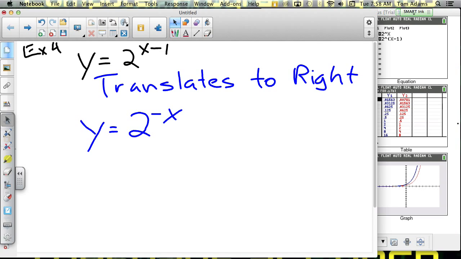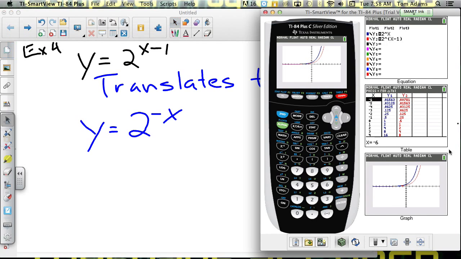Who wants to guess as to what happens here? It flips it. Does anybody know how it flips it? The y-axis. Now, normally, if we have a leading coefficient, a negative in front of the x value, it would flip it over the x-axis. But in this case, because it's in the power, it would flip it